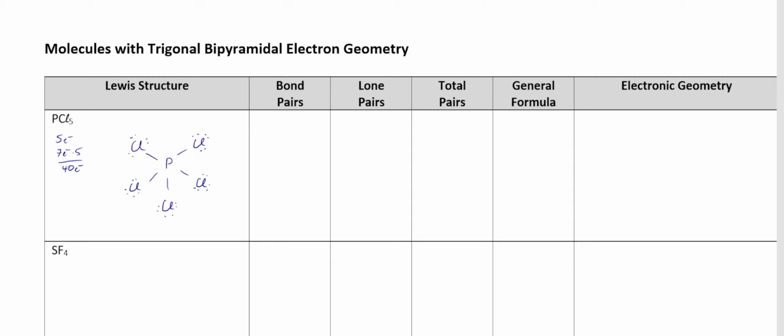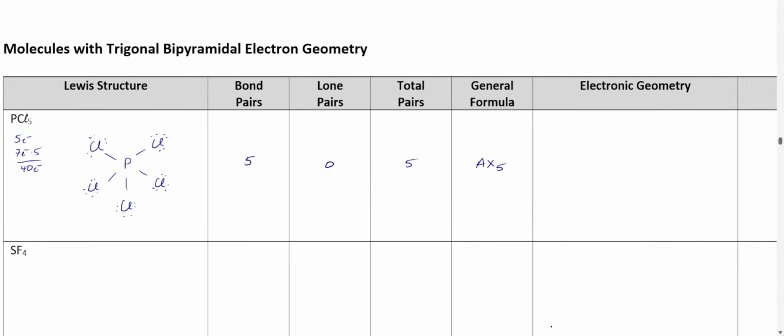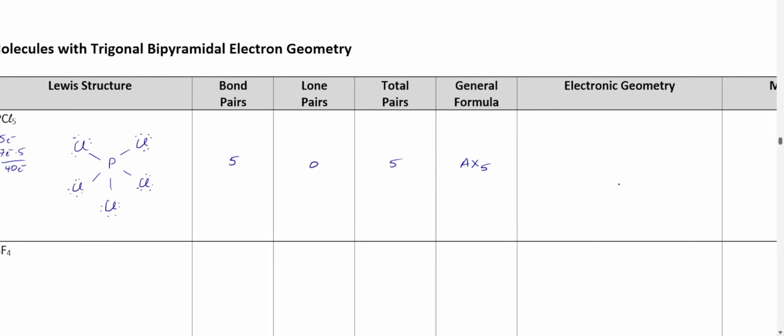So looking at this right here, I've got 5 bond pairs, 0 lone pairs, total of 5, and I've got AX5. My electron geometry, so the optimal arrangement for something that's making 5 bonds, is this trigonal bipyramidal formation,